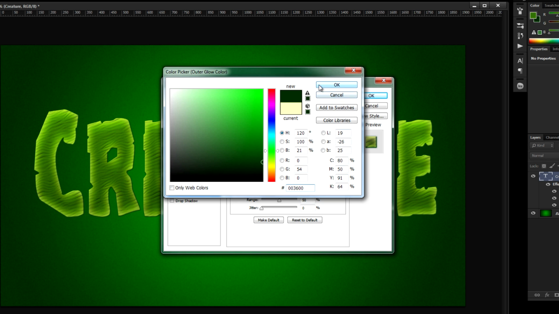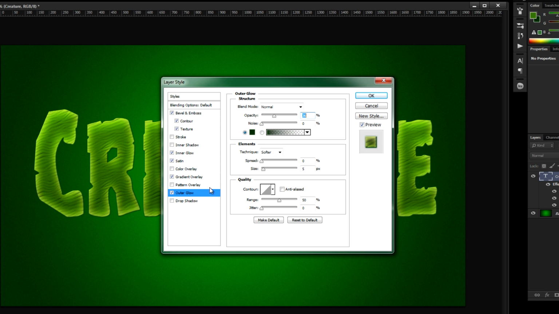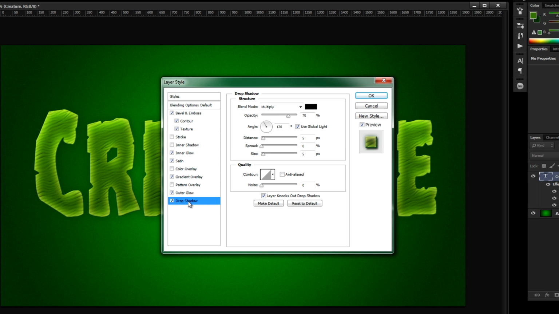003600. Hit OK. So the spread, leave that at 0%. But the size, let's turn that up to 46 pixels. And everything else looks good. And then last but not least, a drop shadow. Let's really pick this up off the background and give it a little bit of pop. So for drop shadow, keep the blend mode at multiply, keep the opacity at 75%, uncheck use global light, and